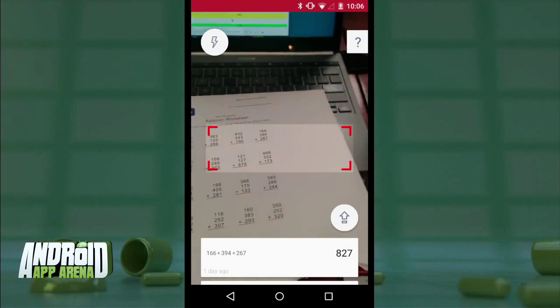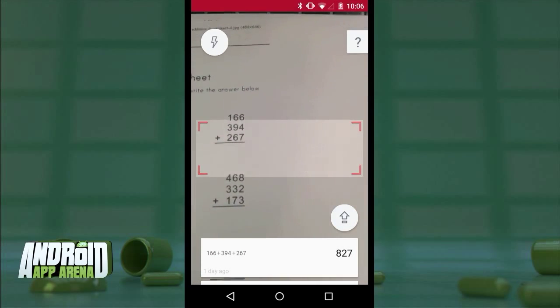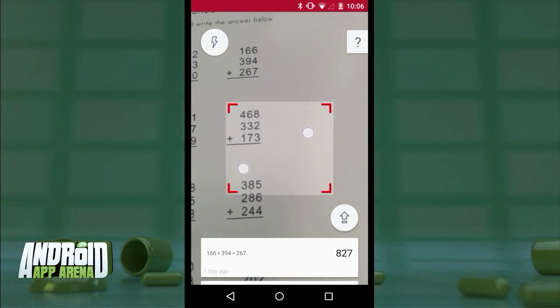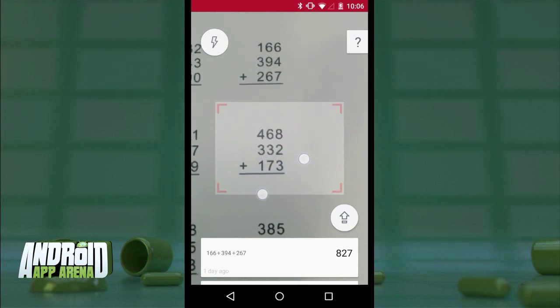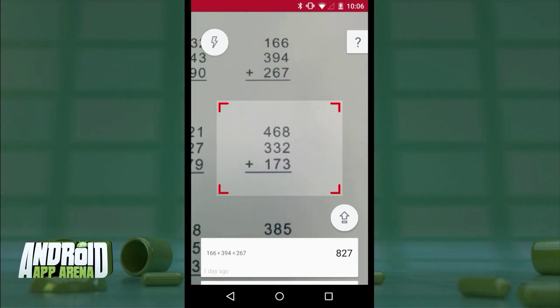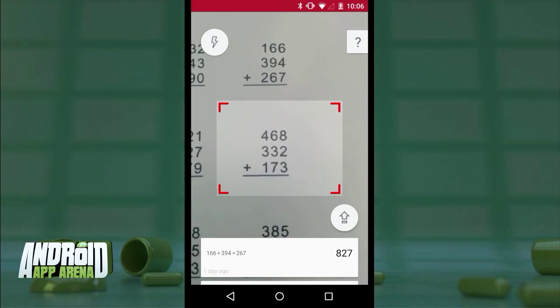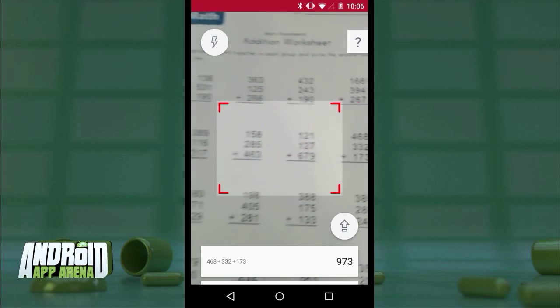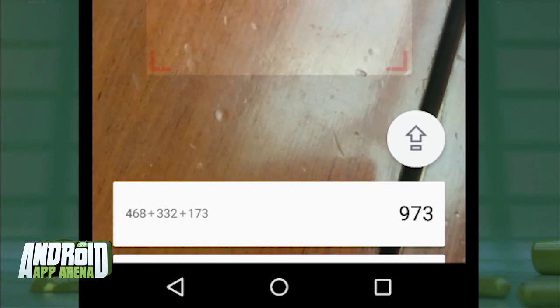I'll take this sheet of math problems here and point the camera at it. Now, this red box can be resized, and I'll want to make sure that I cut out anything that I don't want to be scanned and crunched using the app. Then I'll frame the math problem inside that red box and wait. After a few seconds, I'll hear some chirps, and down below, the math problem appears as if like magic, complete with a solution to the problem.